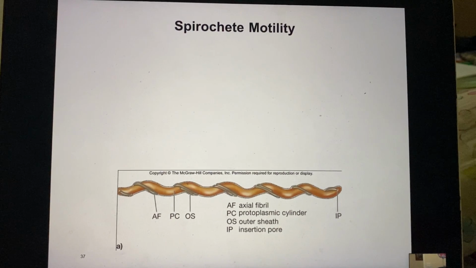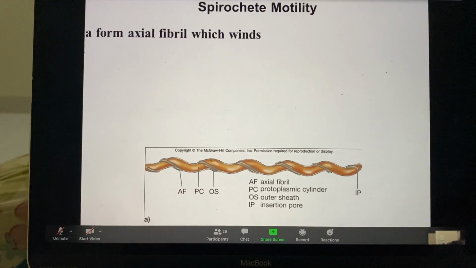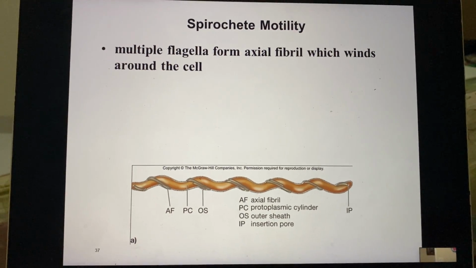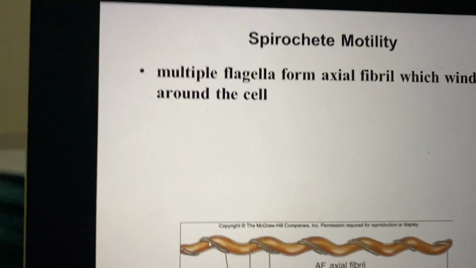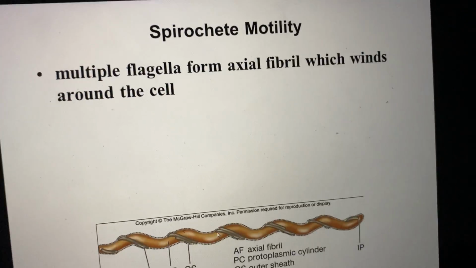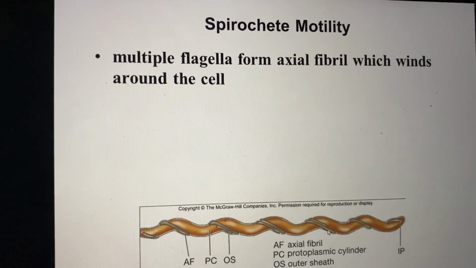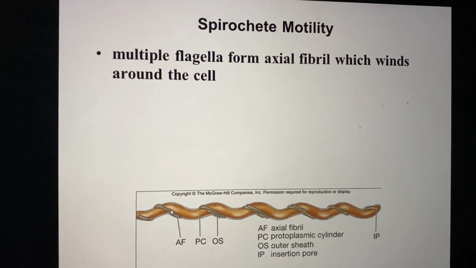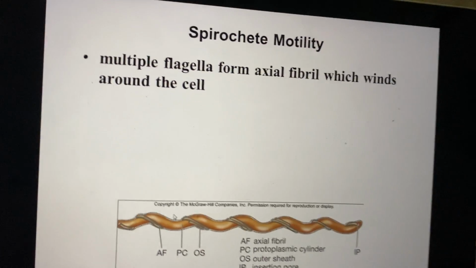So we talk a little bit about spirochete motility. We have only a couple of minutes. The spirochete motility, of course, is shown by bacteria that are spiral. They have their flagella come out at one end, and this flagellum winds around the whole body of the spiral bacterium, and over it is a sheath. So the actual flagellum is covered up by a sheath.